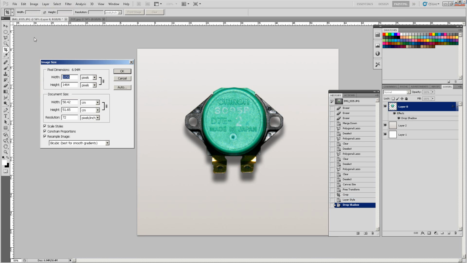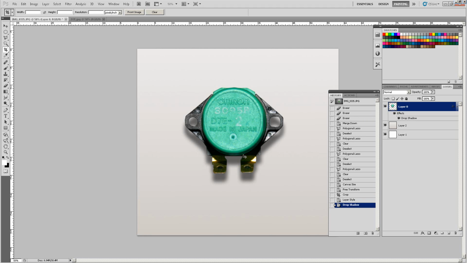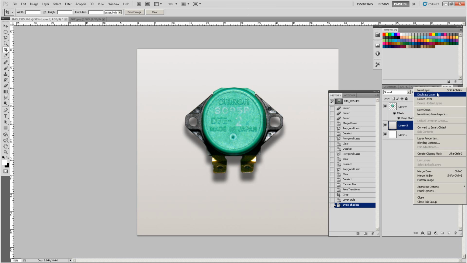So I go image size, and I'm going to reduce this down, making sure constrain proportions is on. I'll do this down to 400 and click OK. Watch the drop shadow. Oh, it seems to be alright actually. Some of the time it keeps it, and it'll overdo it, so it'll just look massive. So in order to stop that, what I generally do, if I'm happy with the way this is, is create a